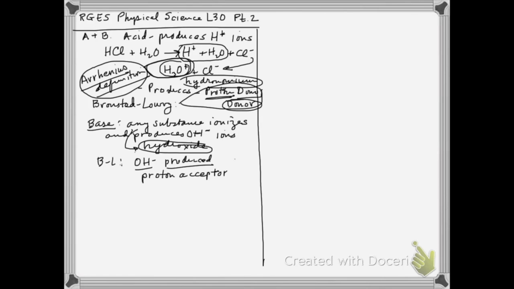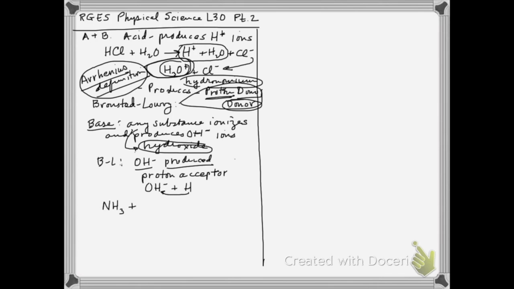Okay, so as this OH floats around in the water, it's going to grab H's that are ionized, and it's going to accept those H's. It's a base. Okay, and so it's a proton acceptor. So now what happens, and let me give you a real good example of that. Let's take ammonia,